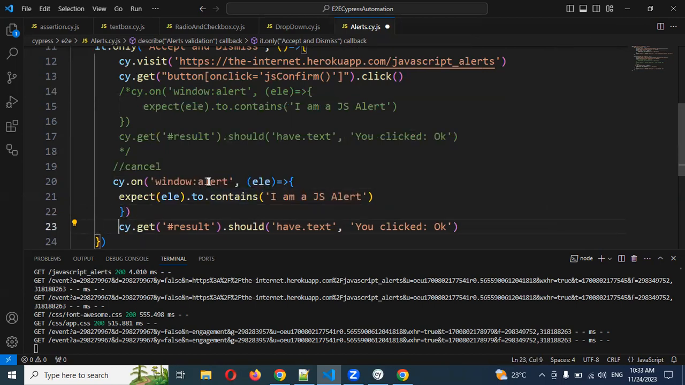Now here window.alert is there, right? In that place we need to use confirm. We need to do some confirmation. Then we can use the confirm alert box. After that you can accept this one and check this one, and then you need to use